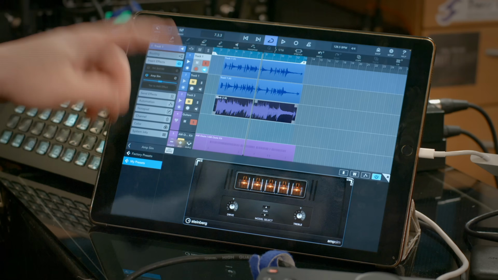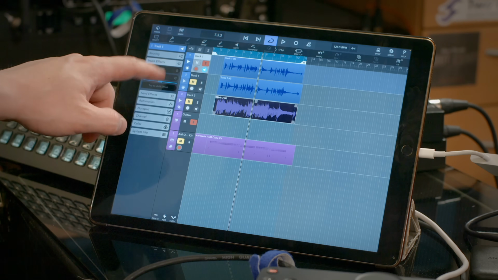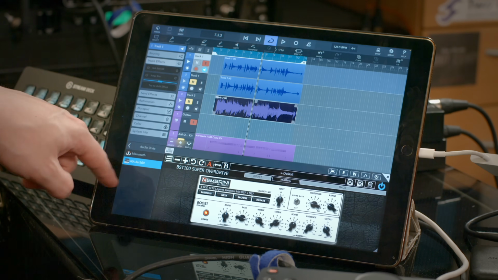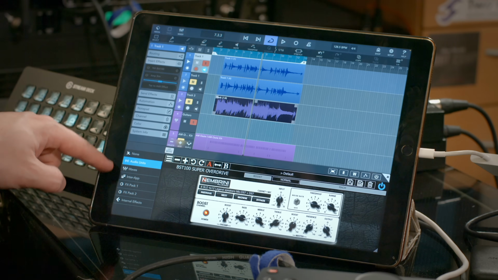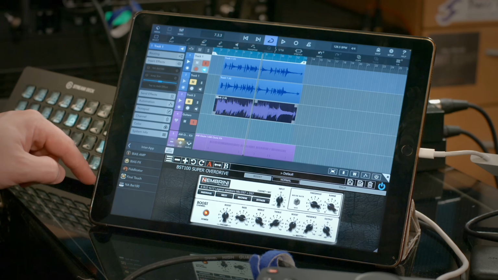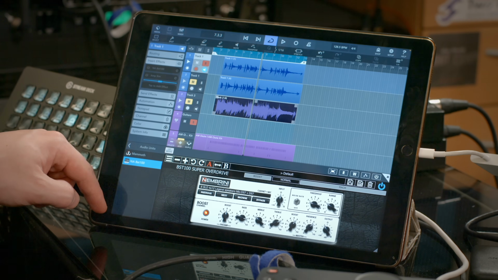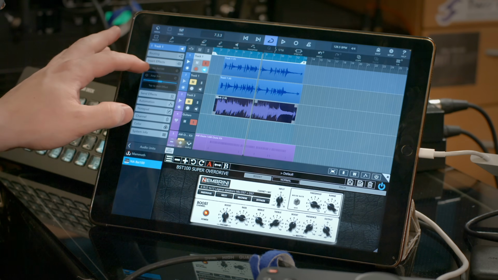Not ideal, but what you can do instead, I have bought a separate thing which plugs in, which is an audio unit. If you go into the list of effects on the left here, there's the internal effects from Cubase, they are what they say. There are some plugins from Waves which you can get internally. There's Inter-App, which I always find a little bit dodgy. And then there's audio units, where I found in the App Store that Nembrini Audio make their BST100 Super Overdrive. And with the settings you can see on screen, if I turn that on,